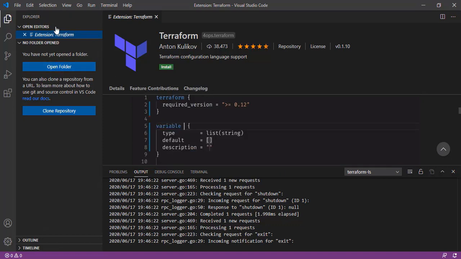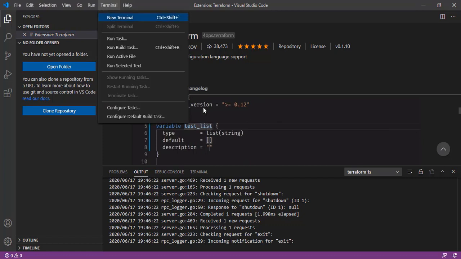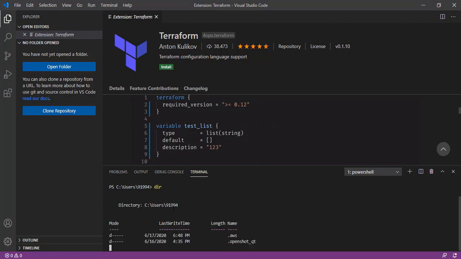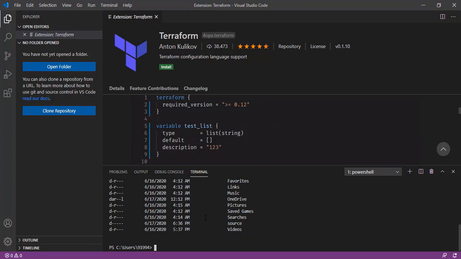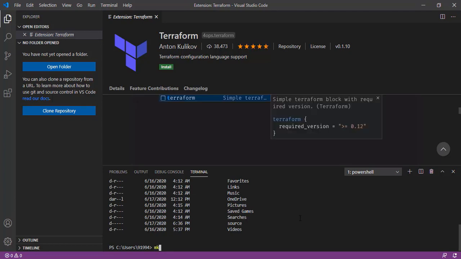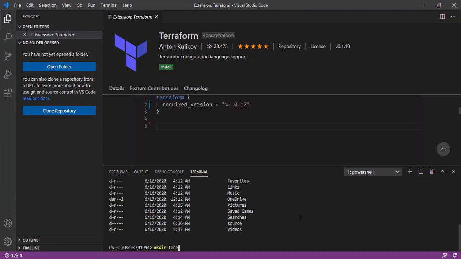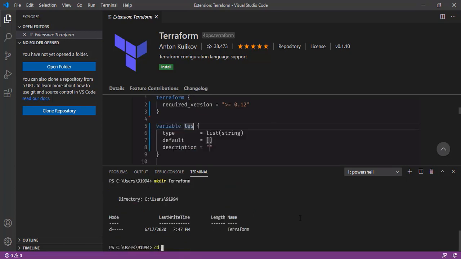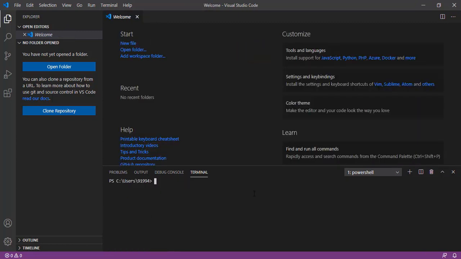What I'm going to do now is go to the terminal. Let's list the directory in which you are present. My agenda here is to create a directory so that I can store all my Terraform codes in a single directory. So I'll create a directory to store all my Terraform scripts. I'll name it something like Terraform. I did it. Now I'm switching to the directory which I created.